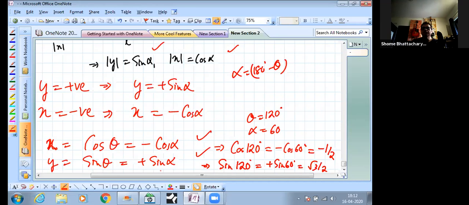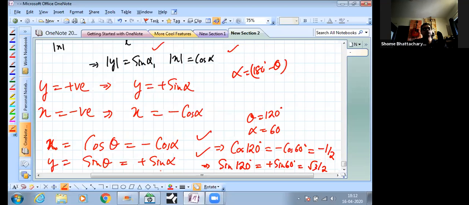So just make a quick review of this, and then we'll do a couple of practice questions before we wind up today's lecture. And with this, you will see we'll be able to solve any question where theta is anything between 0 and 180. So we can now apply parallel triangle law of vector addition to all sorts of vector relationships. The angle between the vectors could be acute, it can be obtuse also, but in both cases we'll be able to successfully apply the formula because we know how to calculate cos theta and sin theta for obtuse angles.